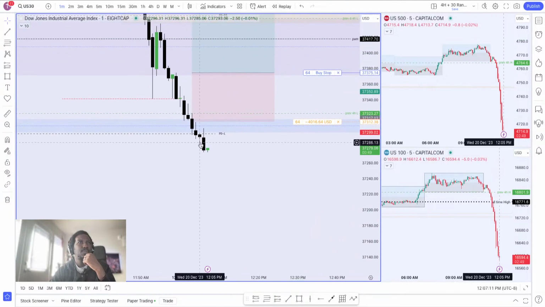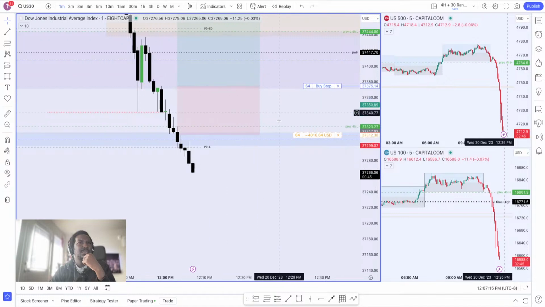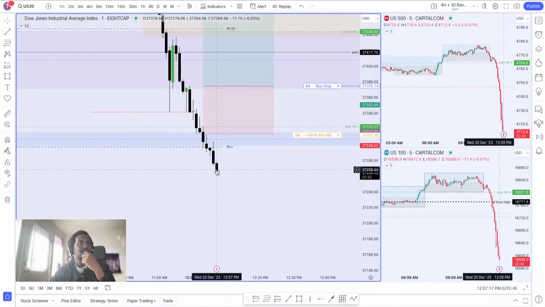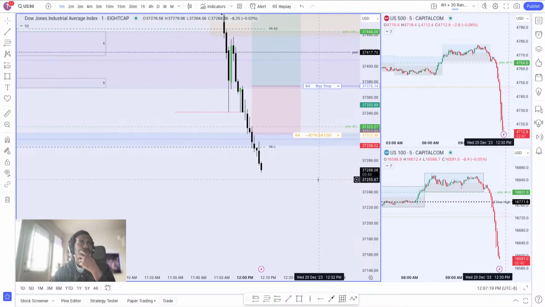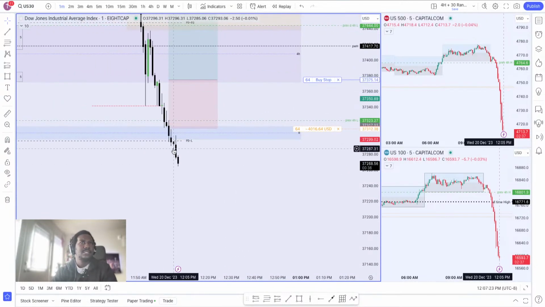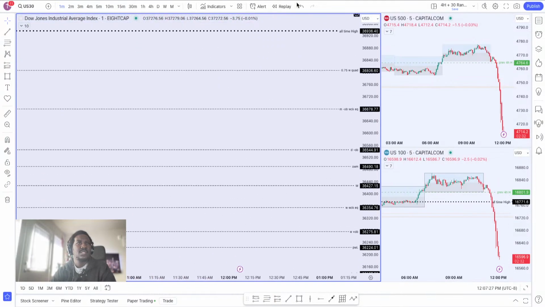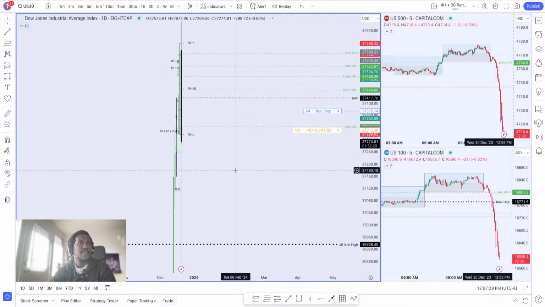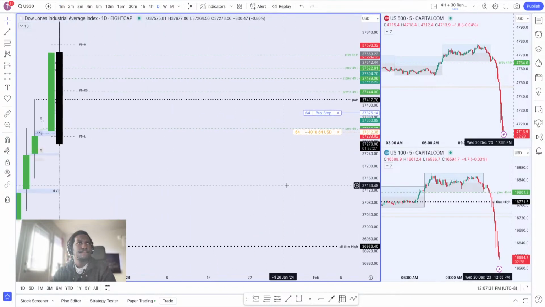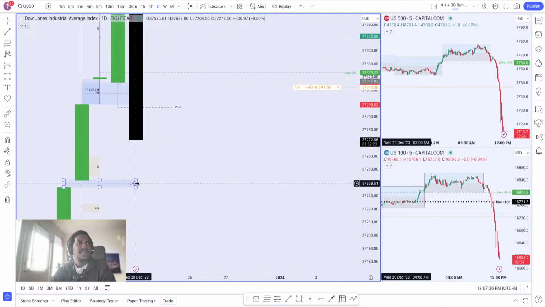In the meantime, we do have a swing high over here that I'll now use as my entry when this one closes bullish. We have to be careful though. We are now below that daily imbalance. And I'm thinking, where is that level? Not much. I mean, it is marked.